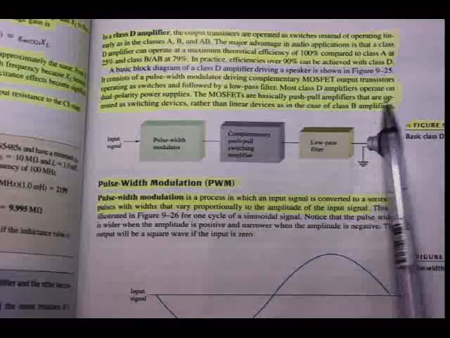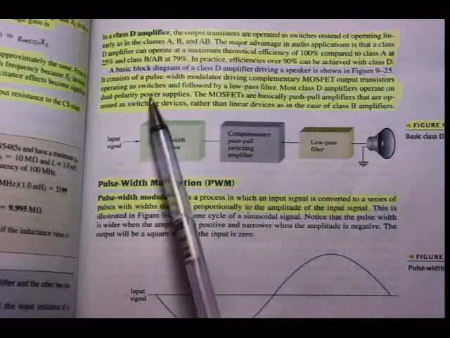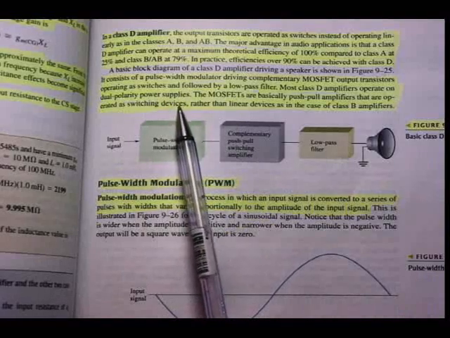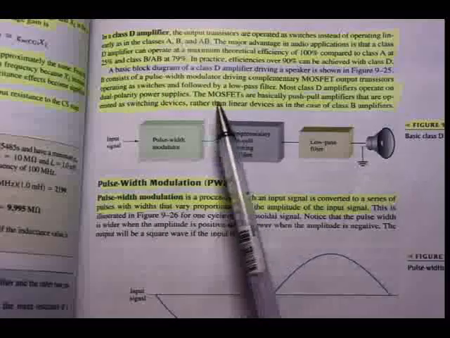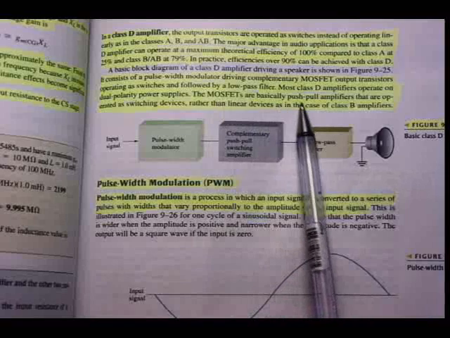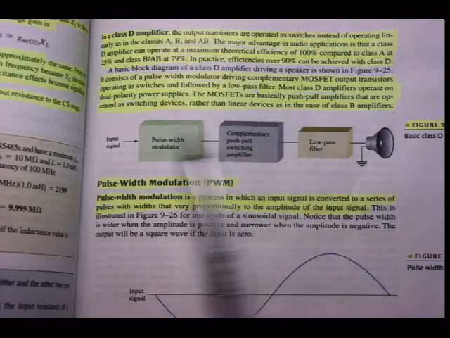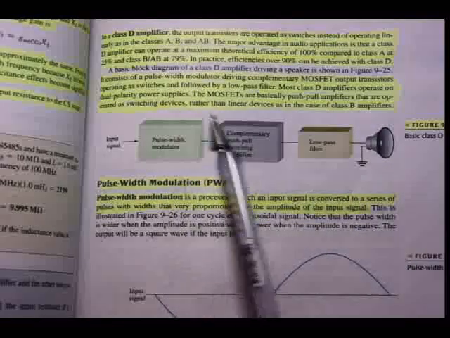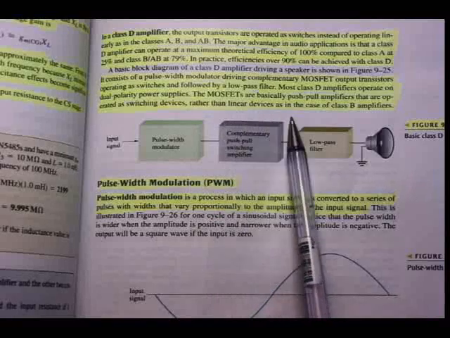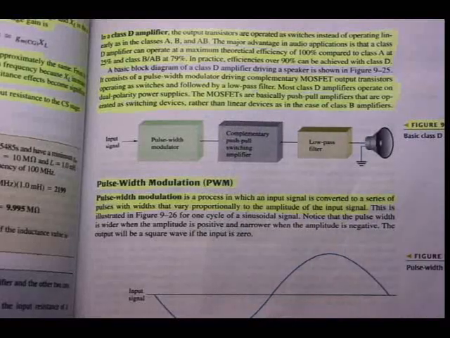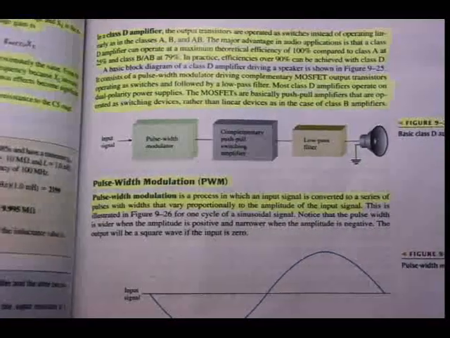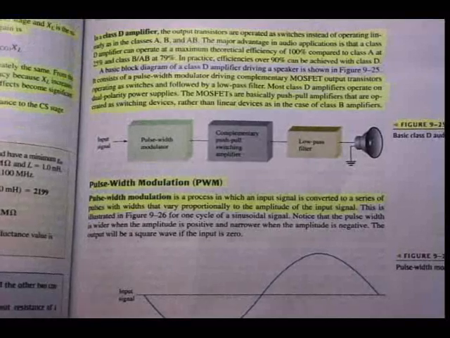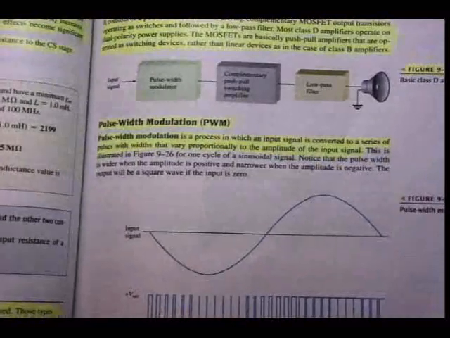Most Class D amplifiers operate on dual polarity power supplies. We will have a look at that just now. The MOSFETs are basically push-pull amplifiers that are operated as switching devices rather than linear devices as in the case of Class B amplifiers. But anyway, let's discuss the first component there,